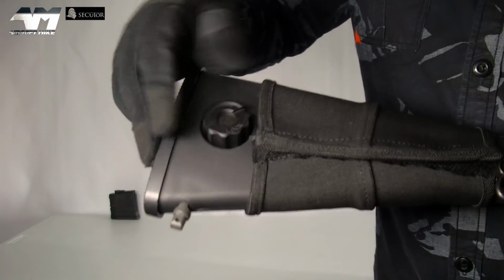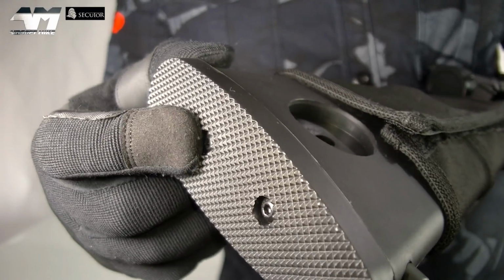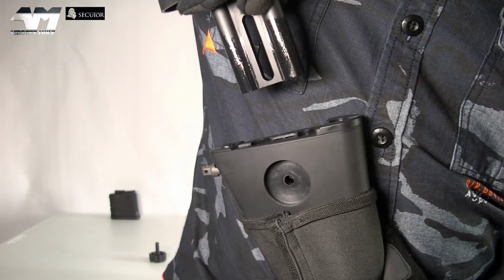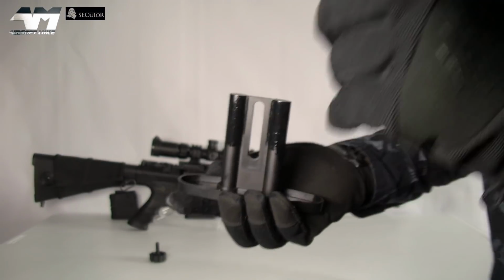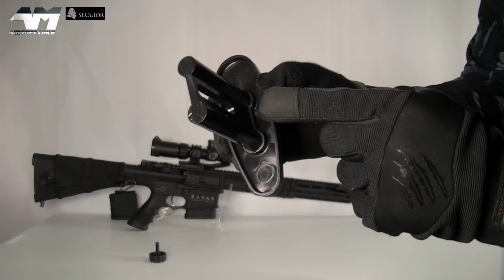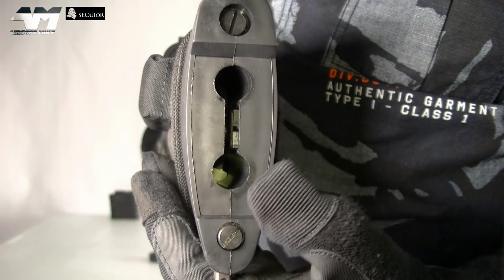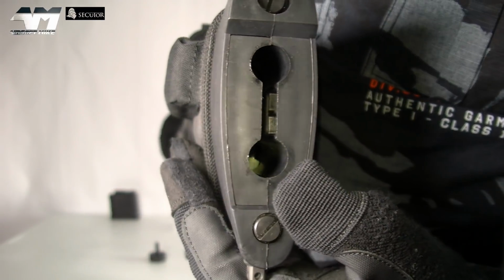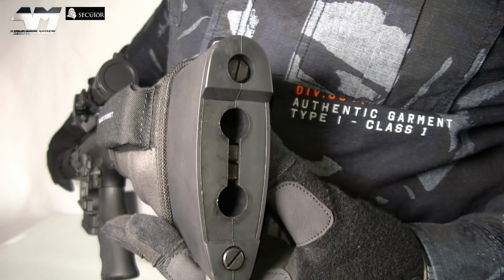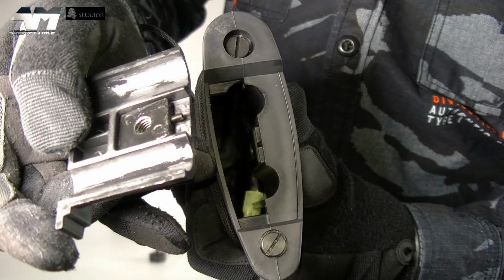So you literally loosen this and take it out completely, and without having to touch any of these screws, you can remove your butt plate. Nice. And it doesn't stop there. It's not just for the adjustability. I'll show you how that all works, although I'm sure you can see already the concept behind this and that. If you look carefully down there, you can see your Tamiya plug. Now you're wondering, how the hell are you going to get to that? Do you now have to remove that screw and that screw right there? No. All you have to do is get hold of this side of these two plates and grab hold of